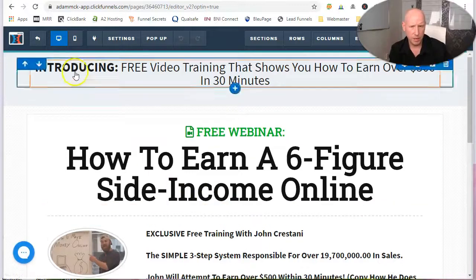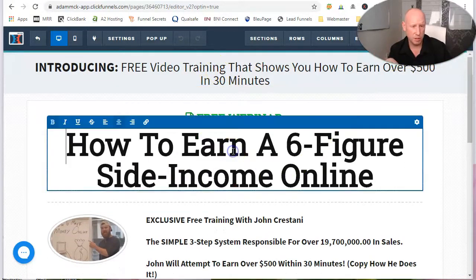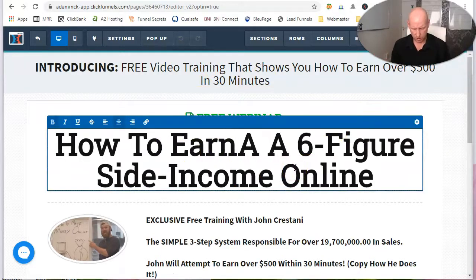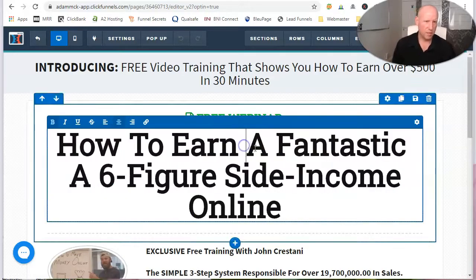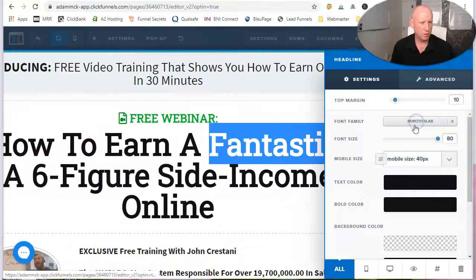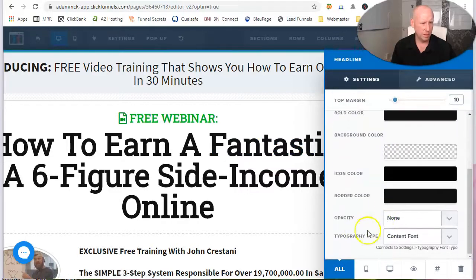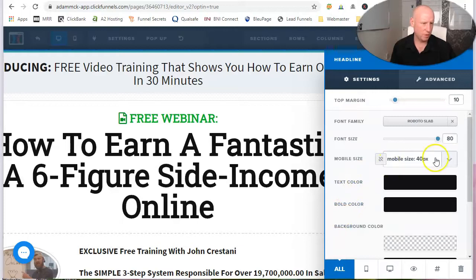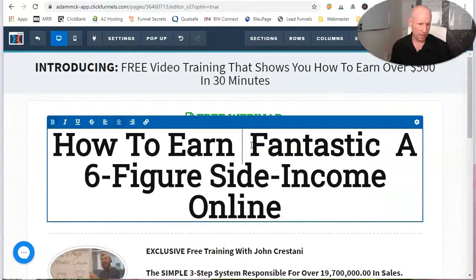It will load up the editor and then you literally just go in and start changing the details. Fantastic. So you go in, change it. If you want to change styles, just click on the things. You get all your color choices there, types of font that you want, the opacity if you want it see-through, the size that you want, and you just click in